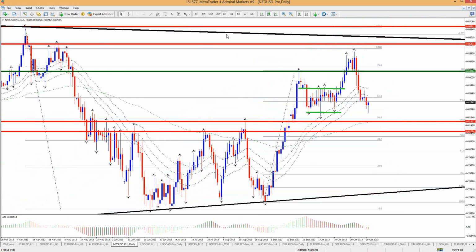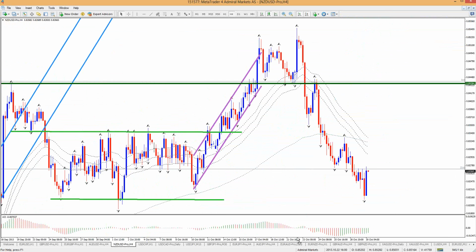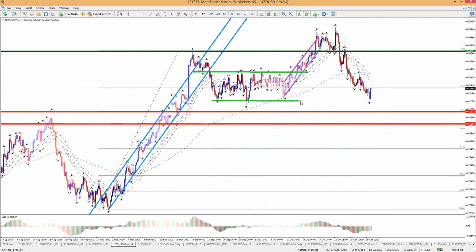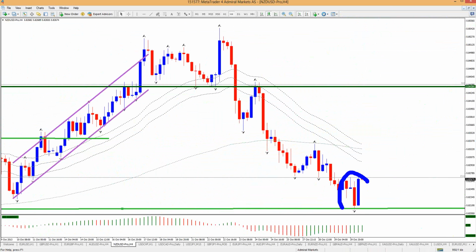Kiwi is showing the same as the Aussie, isn't it? That too is at a pretty big level in the sense that we are back to the bottom of this sideways range here. And we just posted also here on the Kiwi an engulfing 4-hour twin. So that's the same as the Aussie, right? That could be a similar setup with some downside and upside. So both the Aussie and Kiwi are showing that.